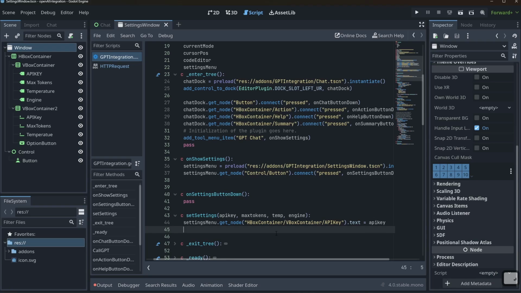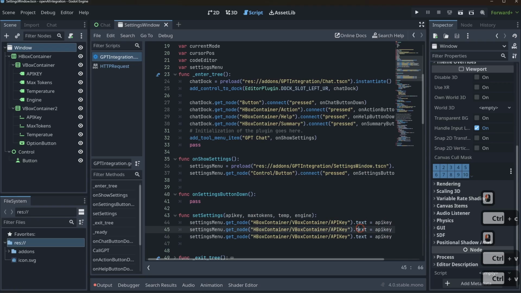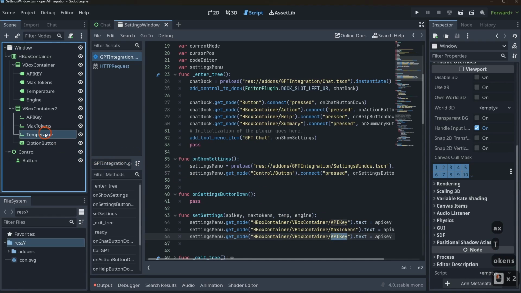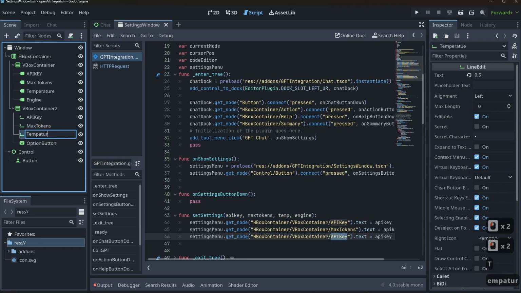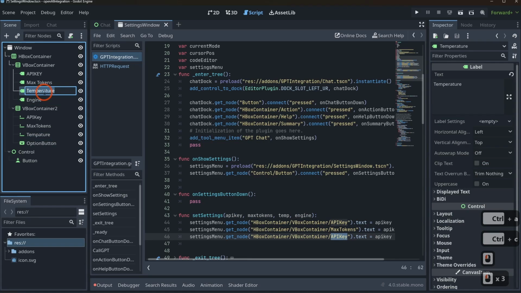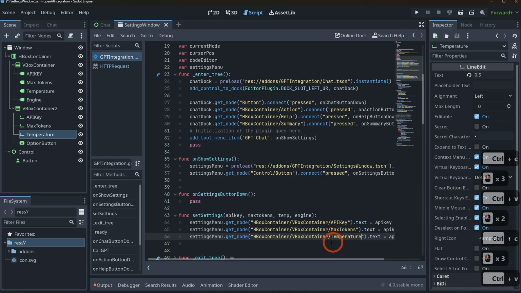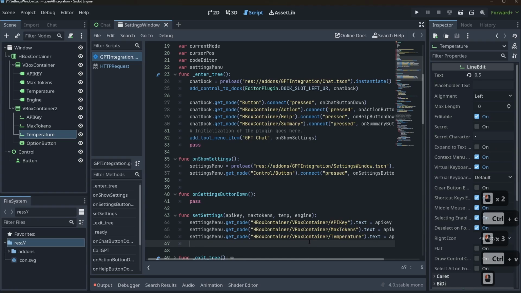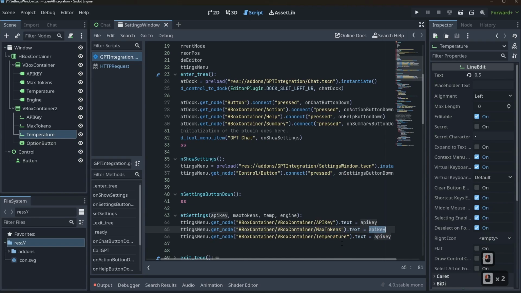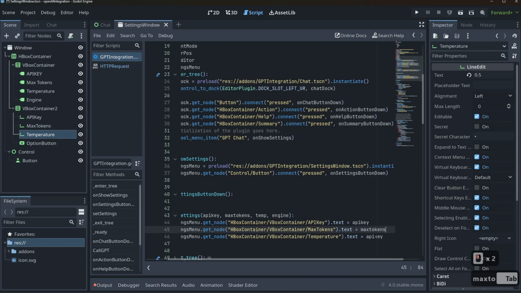And then I'm going to copy this. I will paste it 3 times, and I will just come in here and say, instead of API key, we'll do max tokens, and we'll do temperature, which I think I spelled wrong. Temperature, that's definitely spelled wrong. How about we just grab this one and we spell it correctly? There we go. We'll paste that guy in,